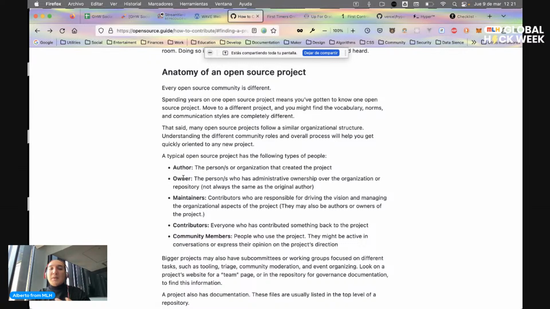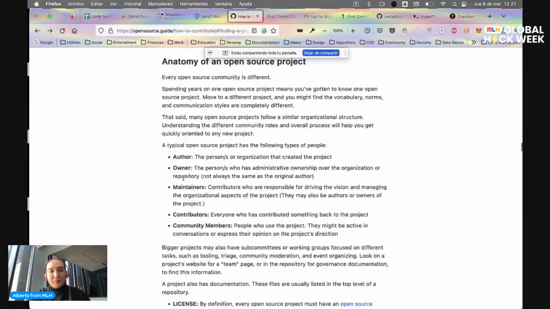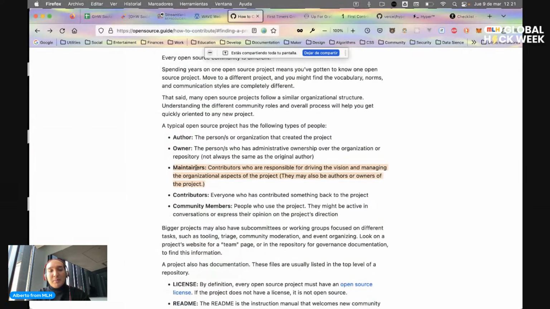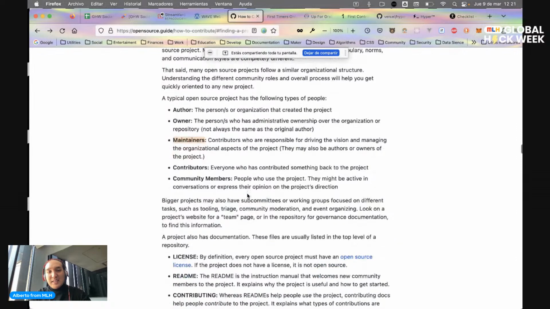And the author maybe is not even in the project anymore. And there are also the maintainers, who are responsible for driving and managing the organizational aspects of the project.